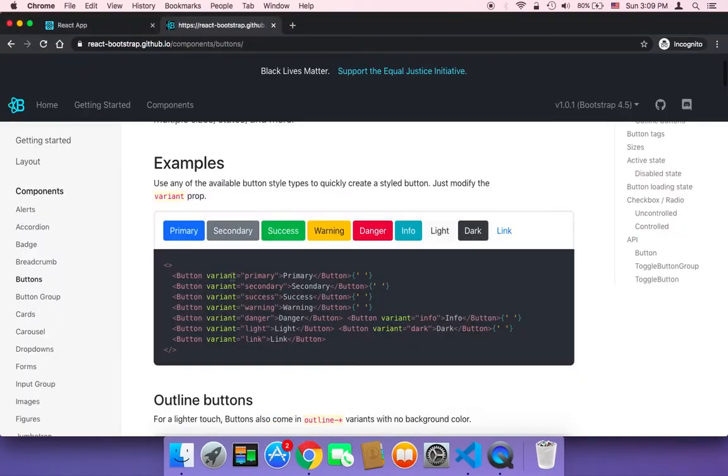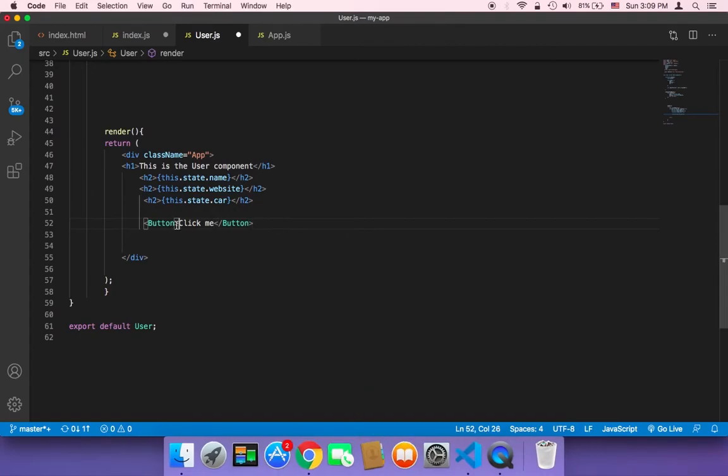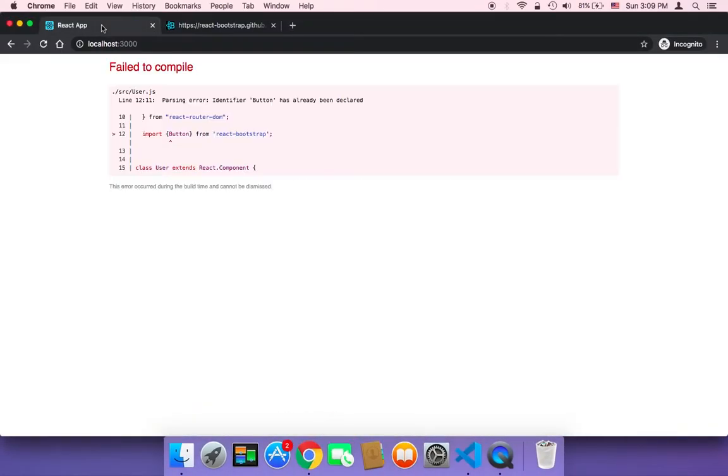For example, it has the variant, which gives that button a color. We have these variants. We have the primary, secondary, success. Let's use one of these in our project. Let's say here variant, and then it's going to be equal to success. And then if I save and head on over to the project, head on over to the browser, and